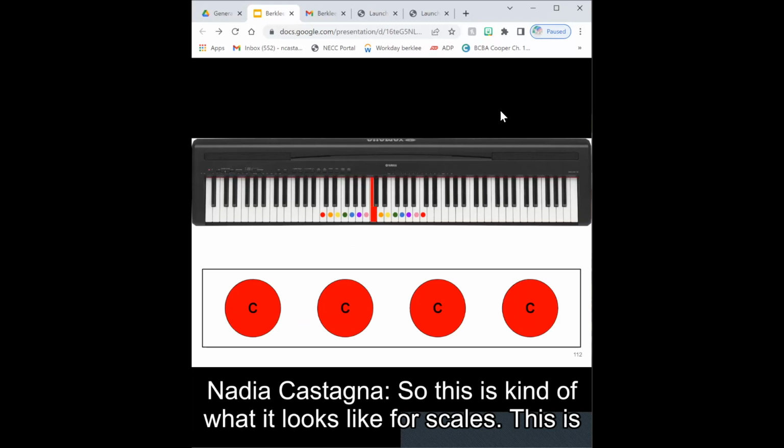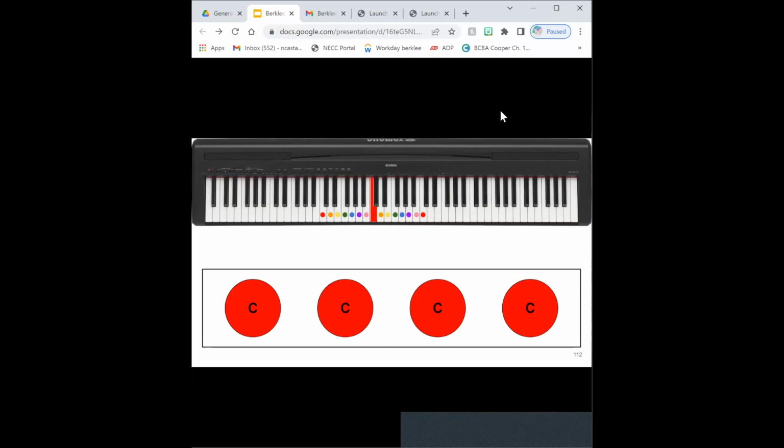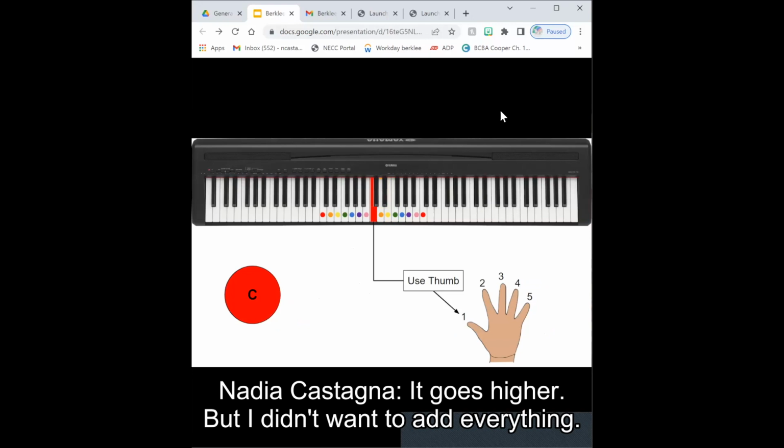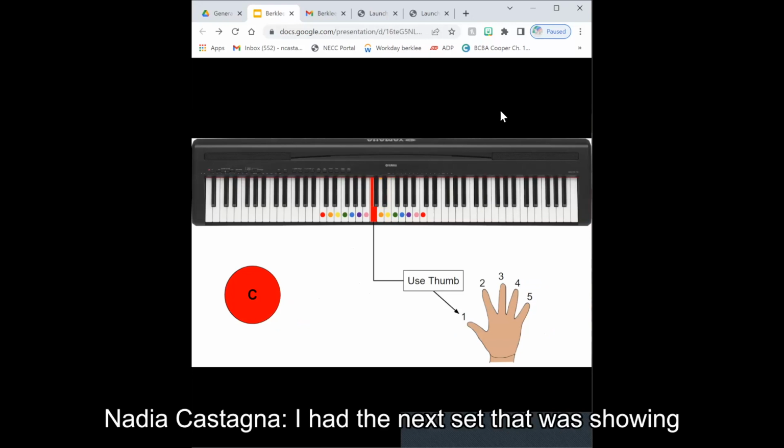So this is kind of what it looks like for scales. This is like the very basic, first class. So we were showing them where the key was, as well as what to play and how many times. So red, orange, yellow, green, blue. It goes higher, but I didn't want to add everything. I had the next set that was showing